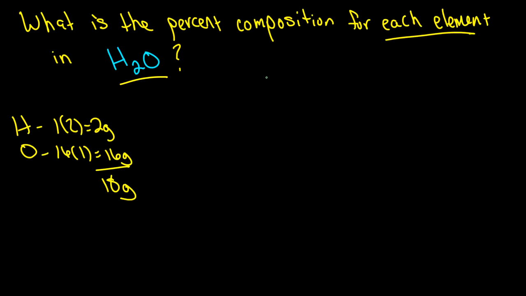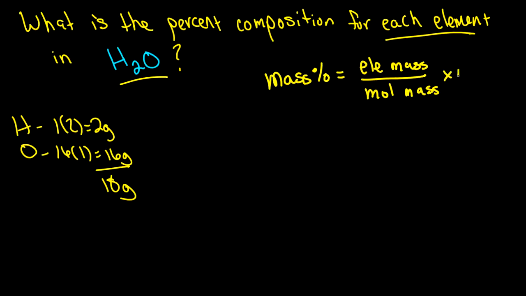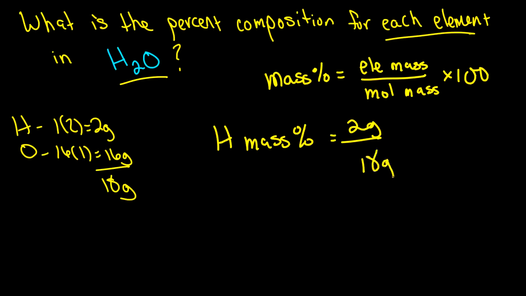Or if you like to see formulas, mass percent is equal to element mass total divided by the molar mass total times 100. There's our formula. So we'll do hydrogen first. So our formula for hydrogen is hydrogen mass percent is equal to the element mass, which is 2 grams, divided by the molar mass of the compound, which is 18 grams, and I get